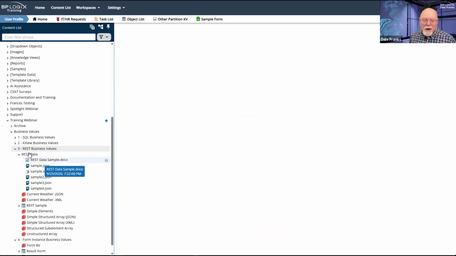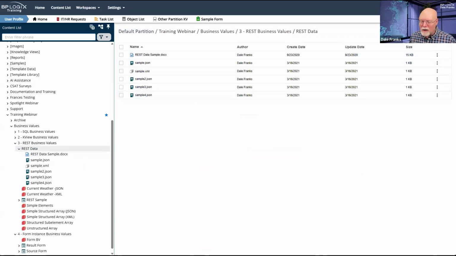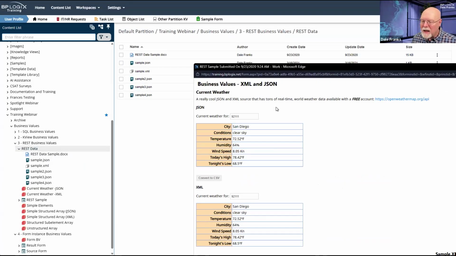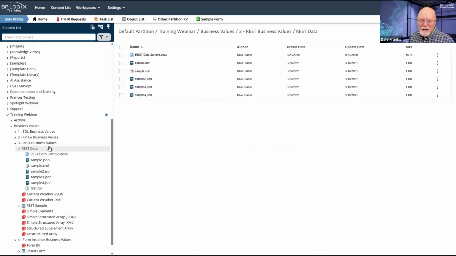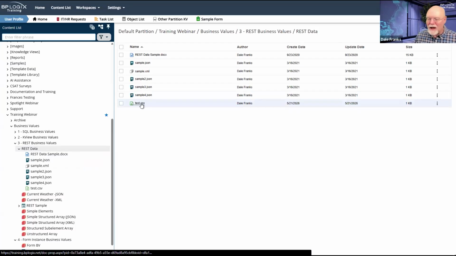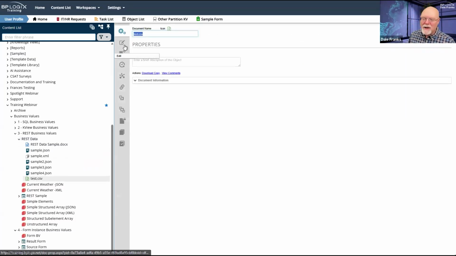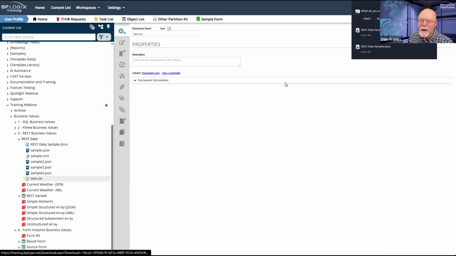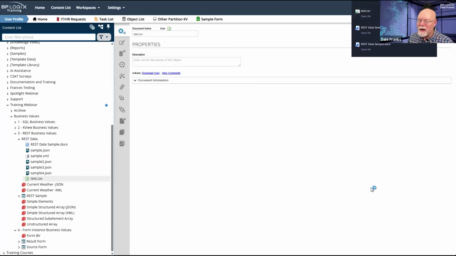Anyway, back to that convert to CSV thing. We're going to go to this folder right here where all of my source data is. And I'm just going to click convert to CSV. And nothing very impressive occurred here that we can see, other than, I don't know if you noticed it, but this popped in. If I actually click on REST data again, I have test.csv, which I can actually open up in Excel, since it's a CSV file.